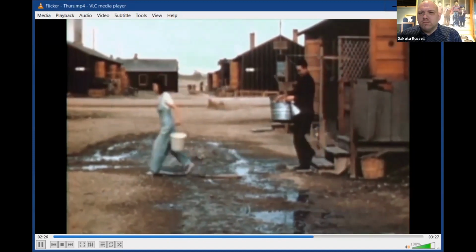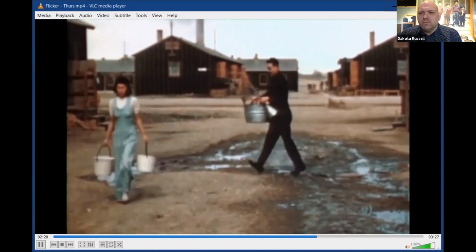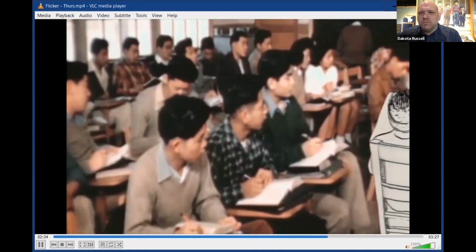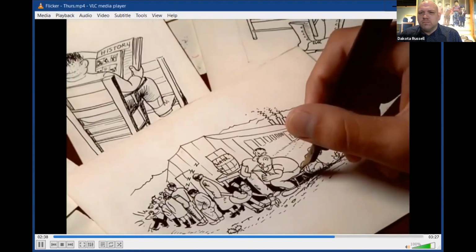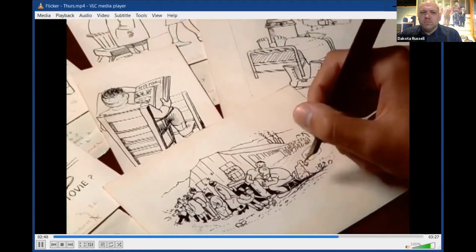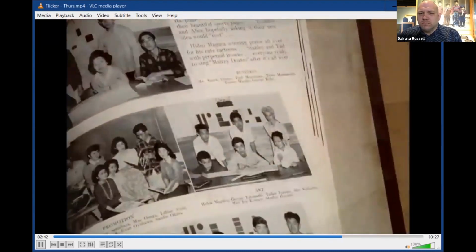I hated camp, and I wanted to leave for college as soon as I could. But my little brother Stan was still in high school, so he had to make the best of things. It was hard for him, but he kept busy by drawing and working on the yearbook.